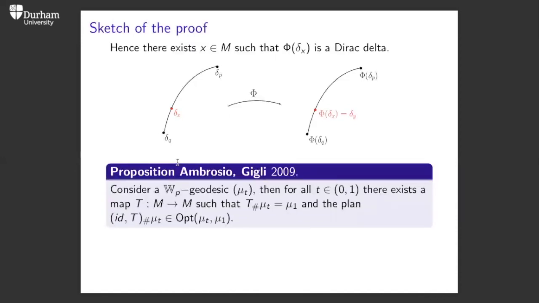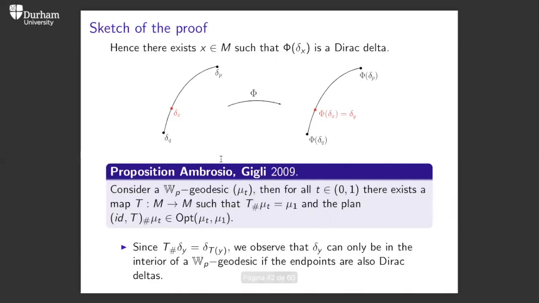And now I use a result of Ambrosio-Gigli that says that if I have a Wasserstein geodesic, then for all intermediate measures, in this case phi of delta of x, there will be a map T that pushes forward this intermediate measure to the final measure, and the plan is optimal. What does this mean? Well,